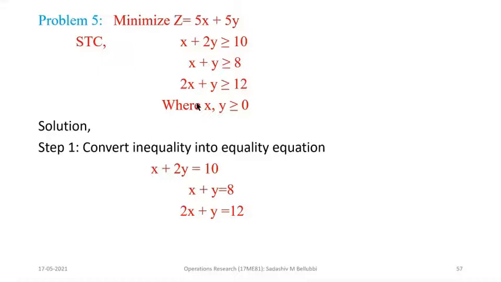Maximize z equal to 5x plus 5y subject to the constraints x plus 2y is greater than or equal to 10, x plus y is greater than or equal to 8, 2x plus y is greater than or equal to 12, and the last one is the non-negativity constraints. You need to solve the given LPP by using